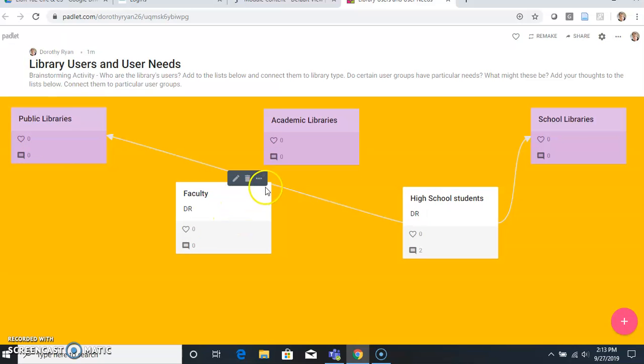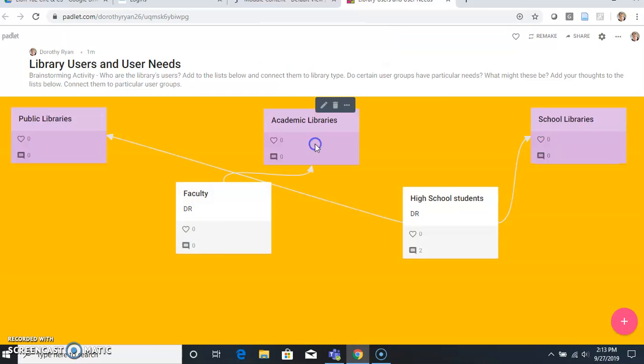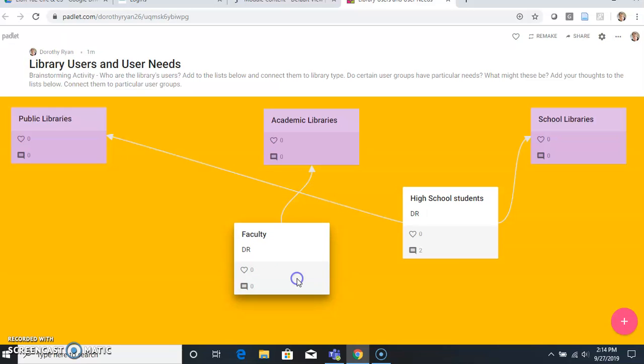Faculty, of course, could go with academic libraries, mostly. You could make an argument for other ones, but these make the most sense to me. So high school students at a school library might need something different than they would need at a public library, maybe. And these are things that you should consider as you're creating your user groups and then